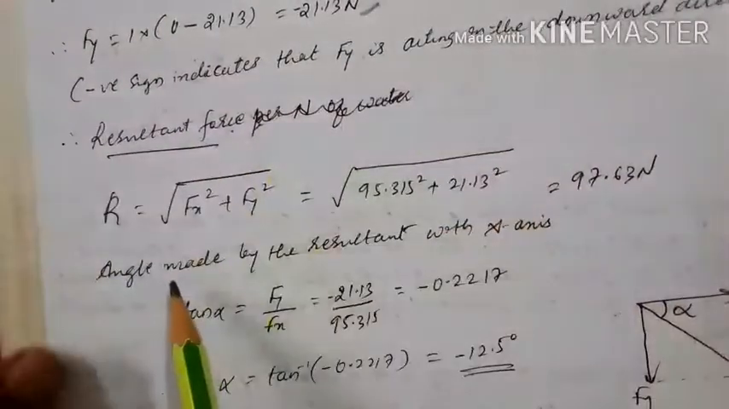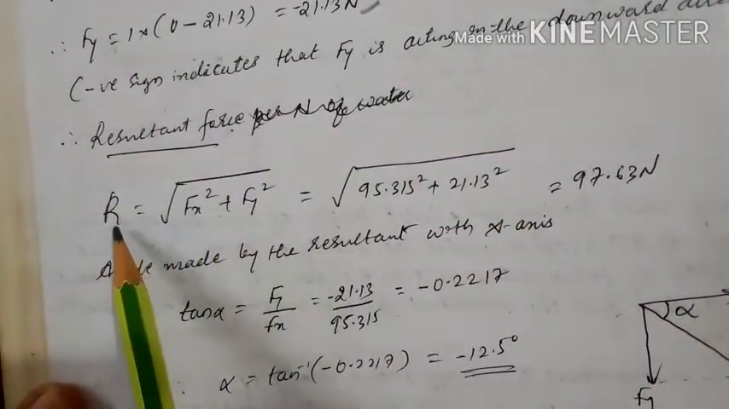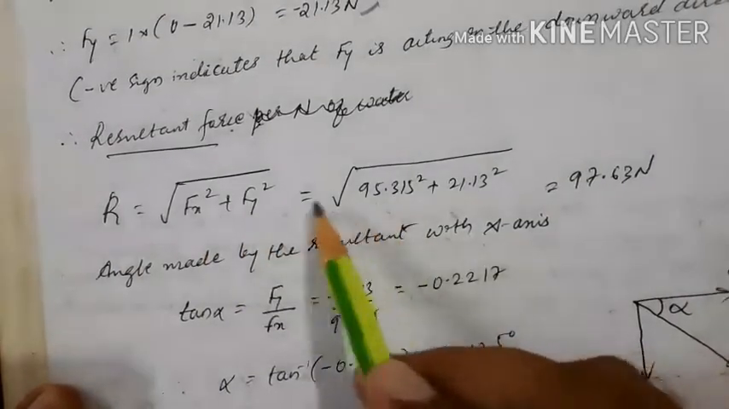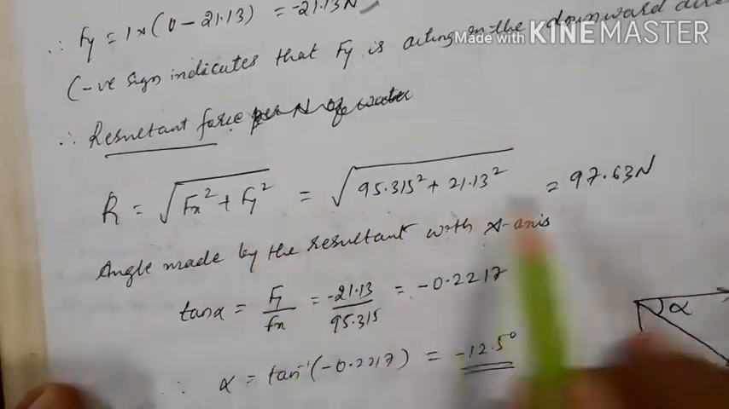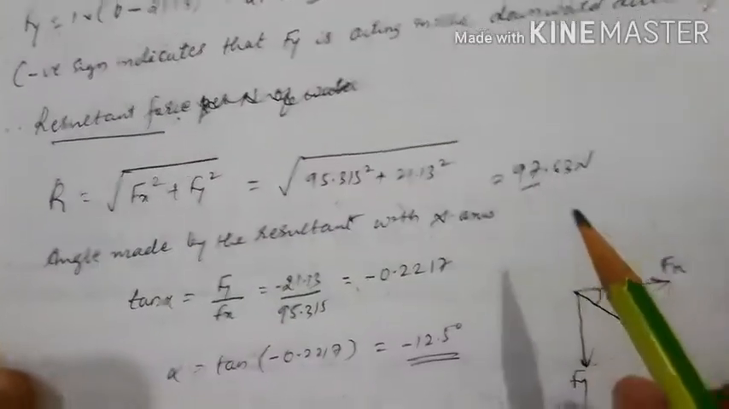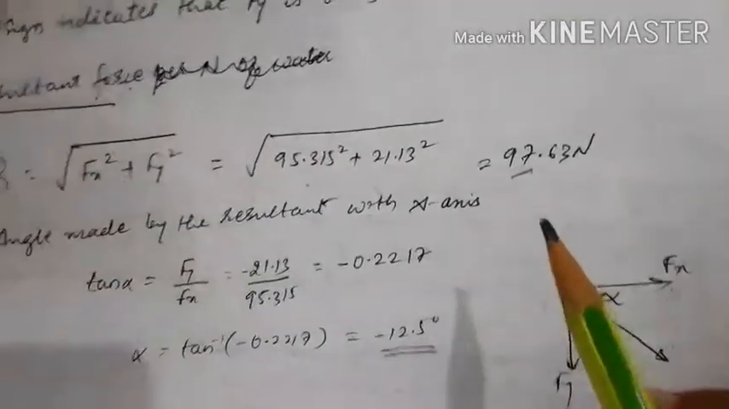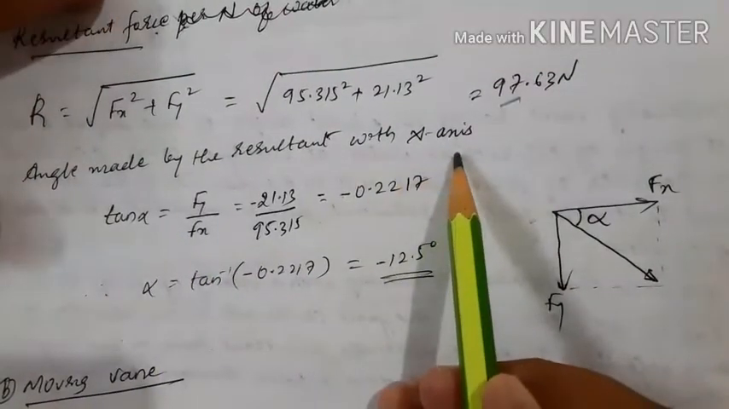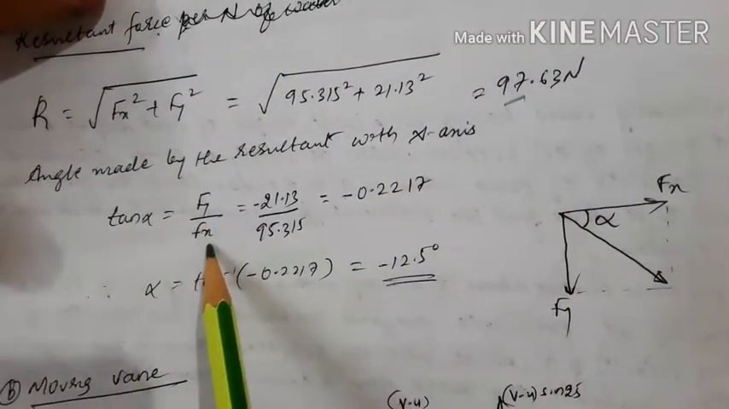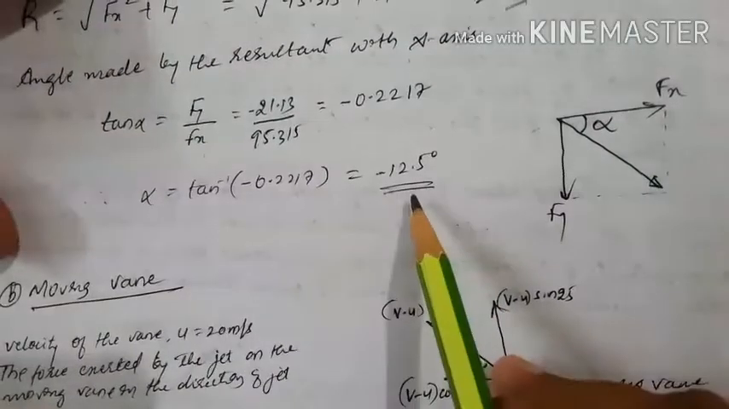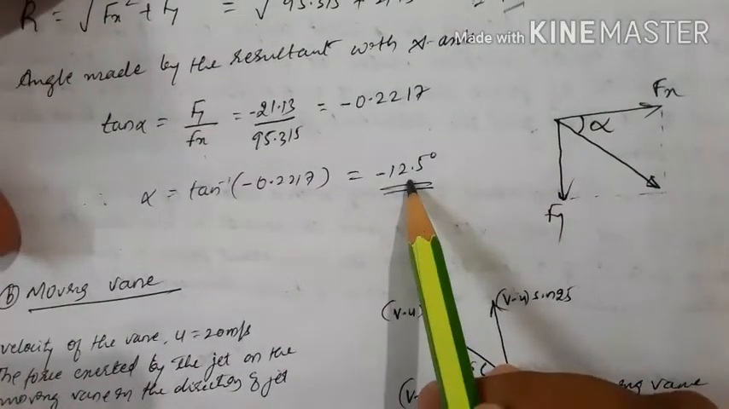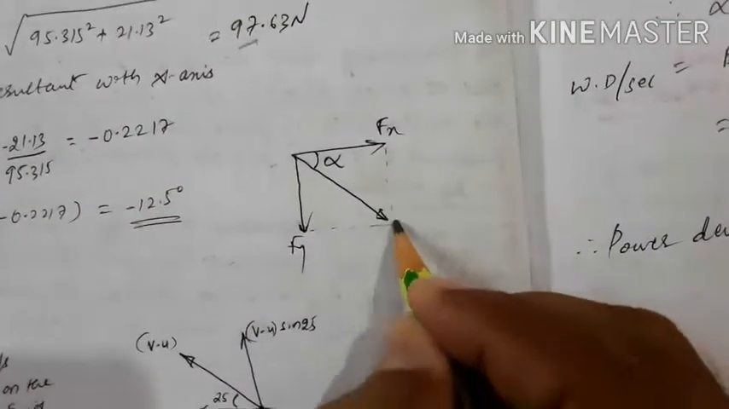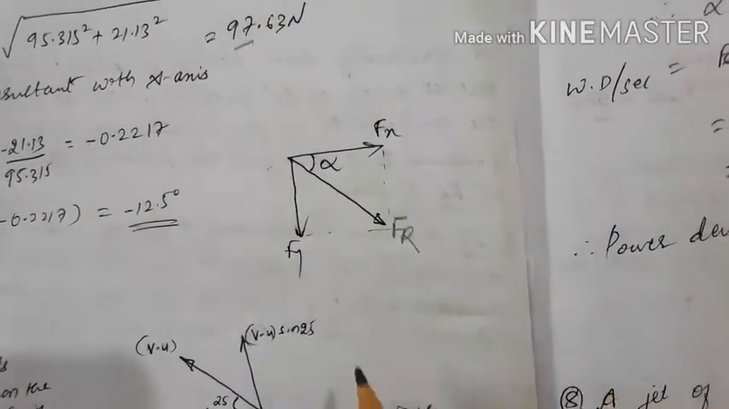Then the negative sign indicates that fy is acting in the downward direction. Then finally the resultant force we have to calculate, that is R equal to root of fx square plus fy square. Then substitute the values of fx and fy, we get the resultant force as 97. Then the angle made by this resultant with horizontal, that is with x-axis, that is tan alpha is fy by fx. Then we get the angle as negative. That negative sign indicates the angle is to be measured in a clockwise direction like this, and this indicates the resultant